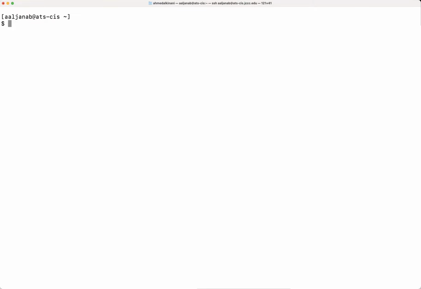Redirecting output in script. The idea here is very simple and very easy. Let me just create a script file here to start with. I will say touch redirect.